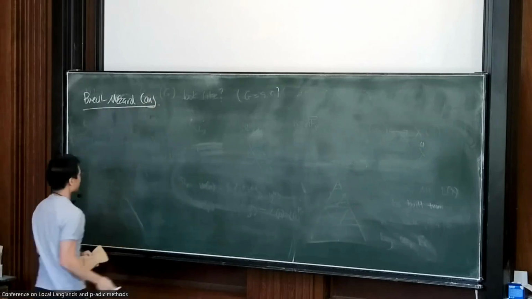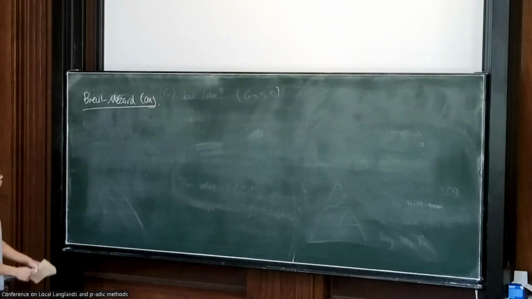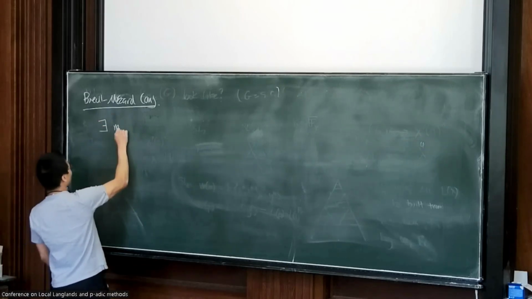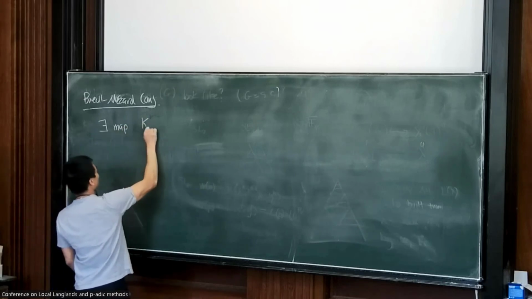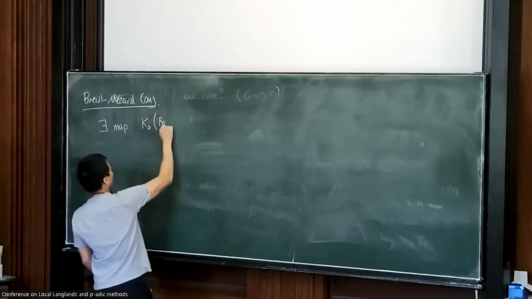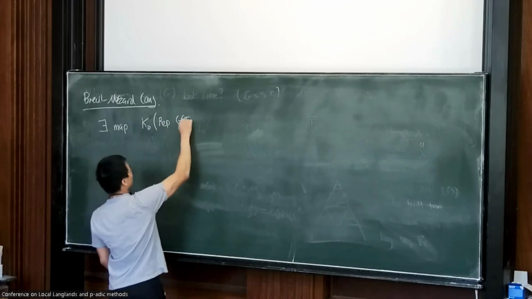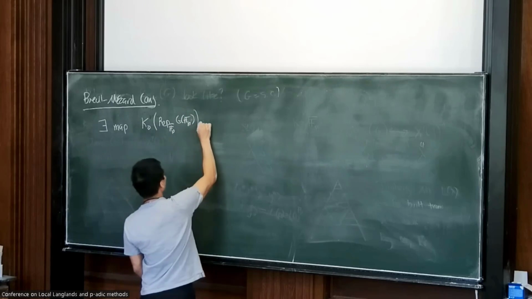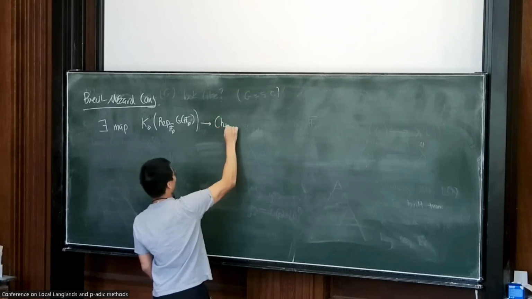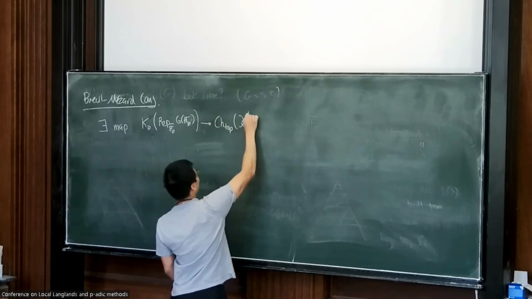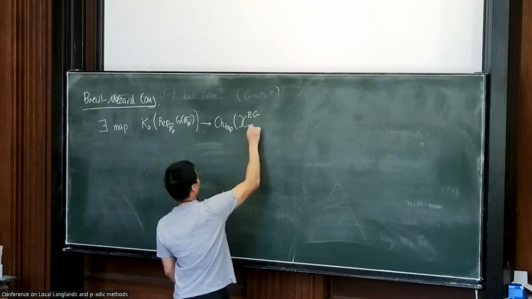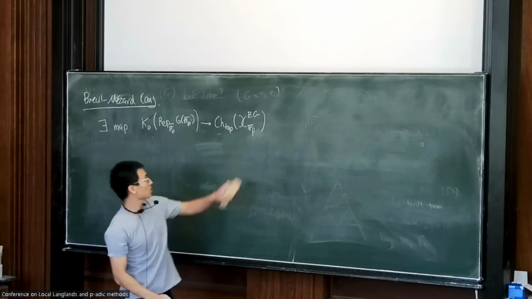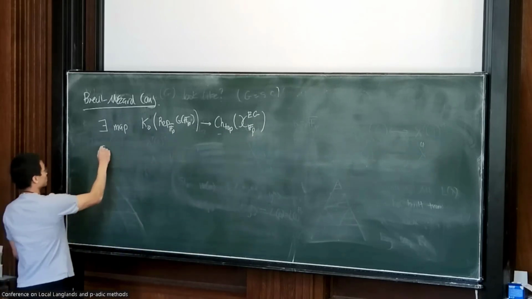Okay, I'm going to say it slightly differently to how Brandon said it. So I want to write it like this. I'm going to say that the conjecture is that there exists a map from the Grothendieck group of representations of G of F_p in characteristic P to the top-dimensional Chow group of the emergent G stack, which I may as well take as underlying reduced, it doesn't affect this, and then it's in characteristic P, such that